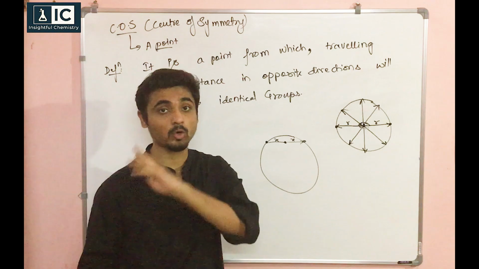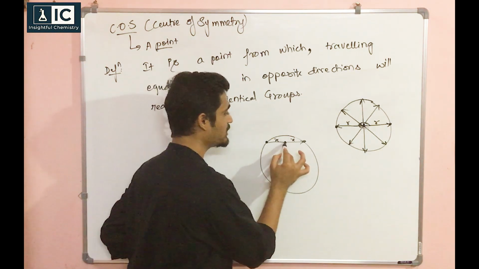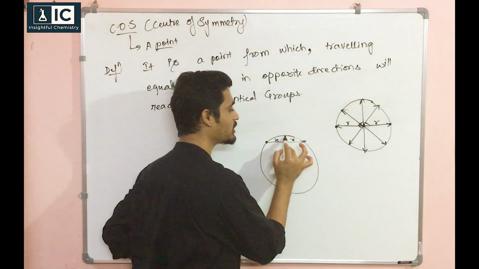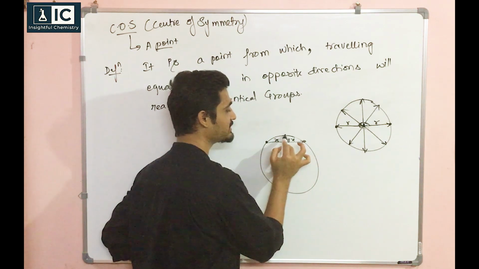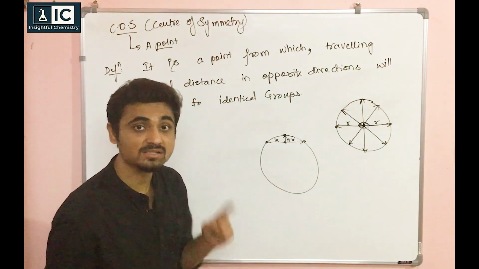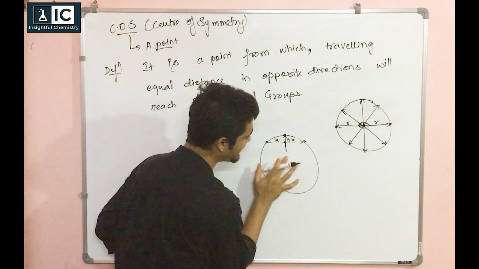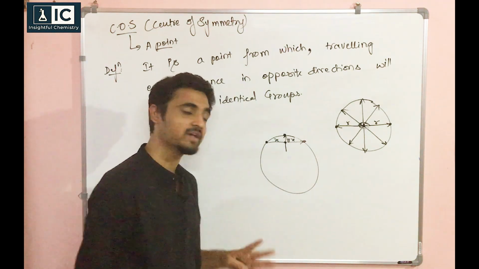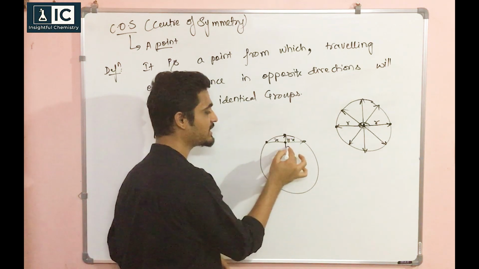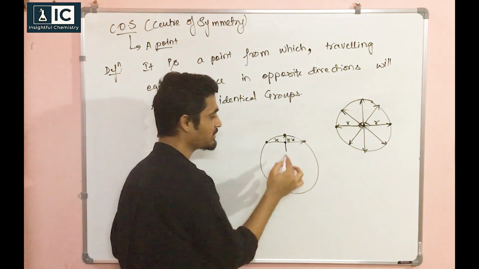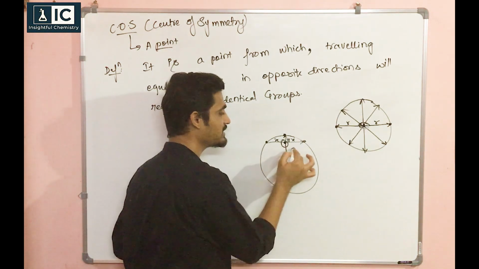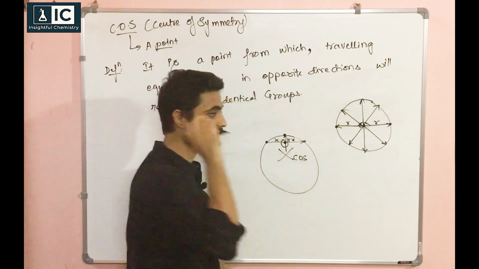It has to hold in all directions. Now you check. I go y distance on top, I get this point. Y distance top, I get that point. If I go y distance down, am I getting any point? No. So in this direction it is not valid. Therefore this point is not a center of symmetry.